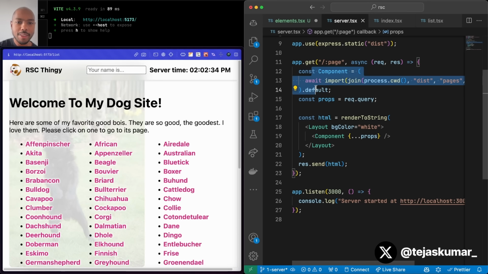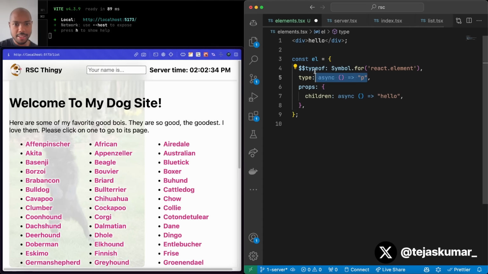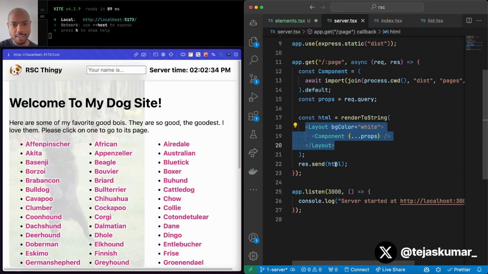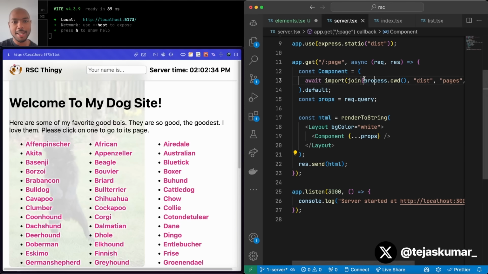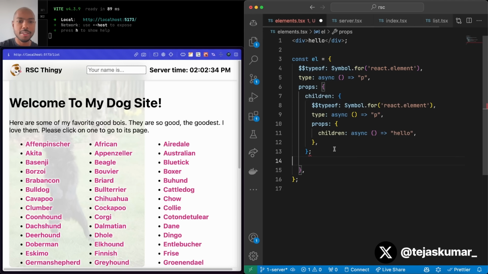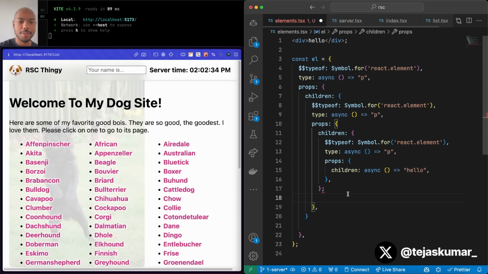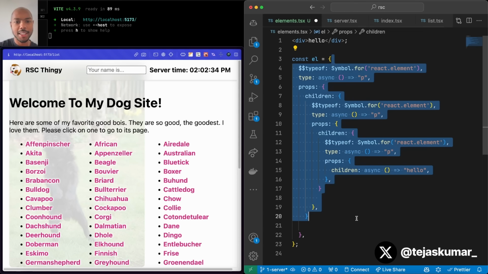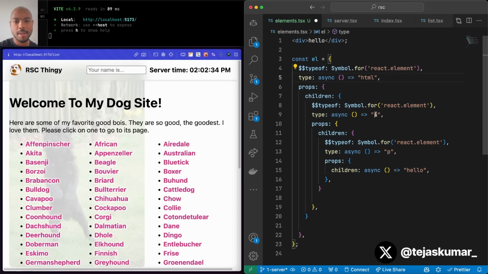So we get the component, and then we pass it to render to string or render to stream, and we turn it into a string. So we turn this object into a string, and we send it over the network. And I need to be clear, every React application really is just a big nested object. So every React application that's composed of a number of elements is just this, right? Where children is further components. So this is representative of really most React applications. However, it's not just P's, you have an HTML, you have a head, etc. Okay, so this is head.